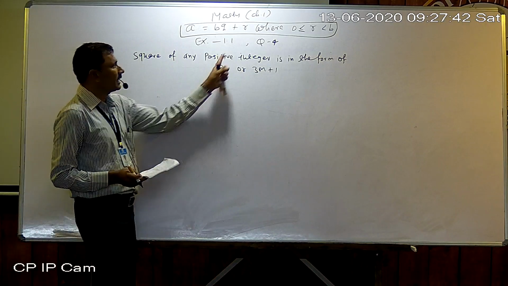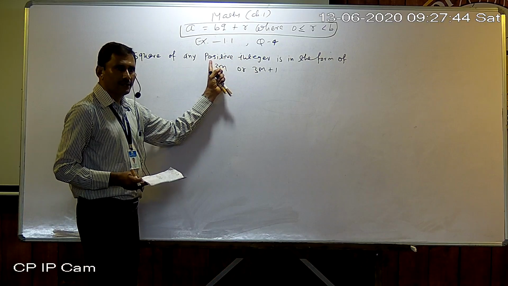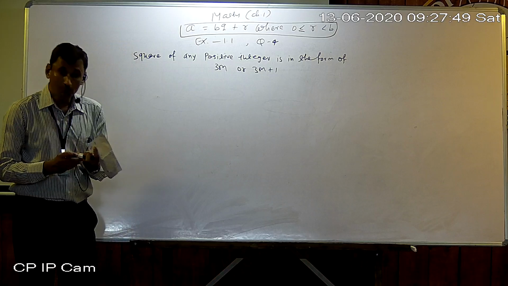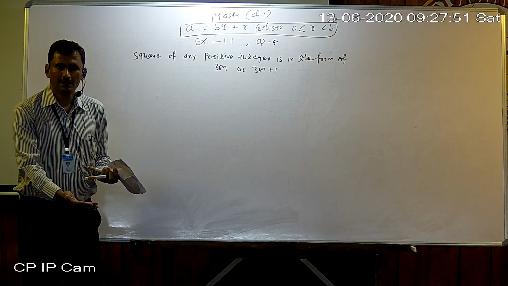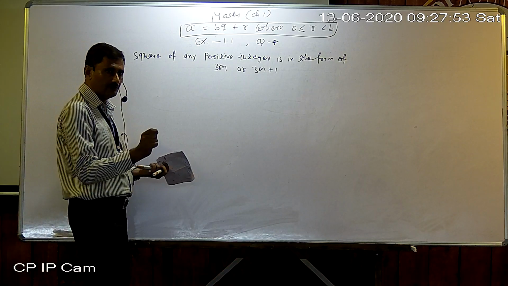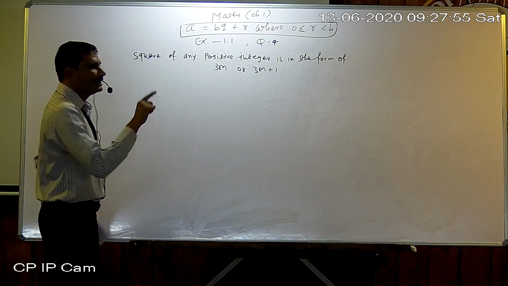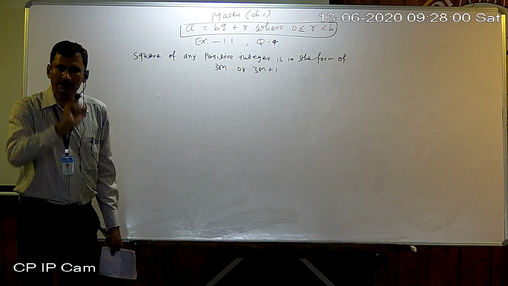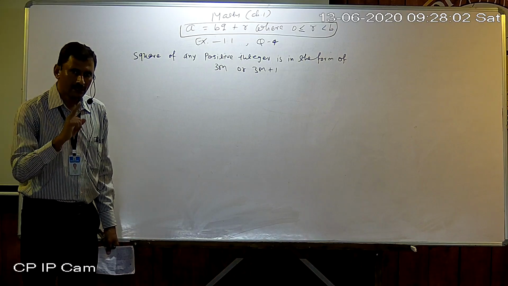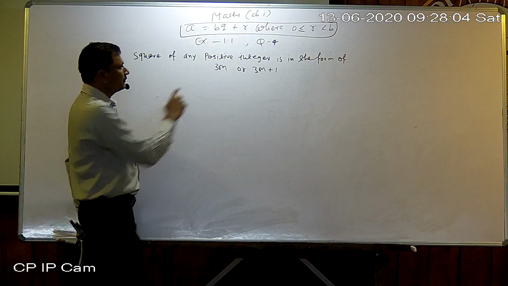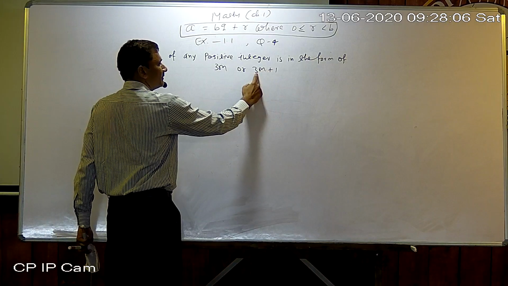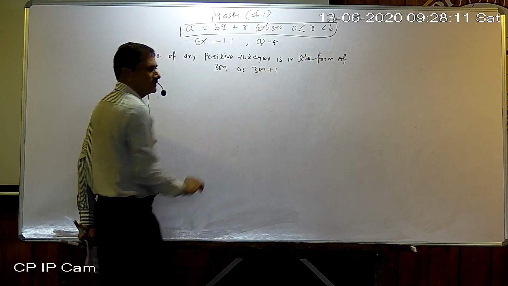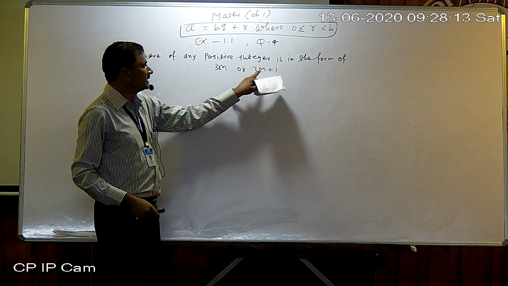They say that any square is either a multiple of 3, otherwise a multiple of 3 plus 1. Any square means the square of any integer will be either a multiple of 3, otherwise a multiple of 3 plus 1. Take example 1. So 1 is in the form 3m plus 1. Why? Because 3 into 0, m can be any whole number, so 3 zeros are 0, plus 1. Now take 4. 3 ones are 3 plus 1.